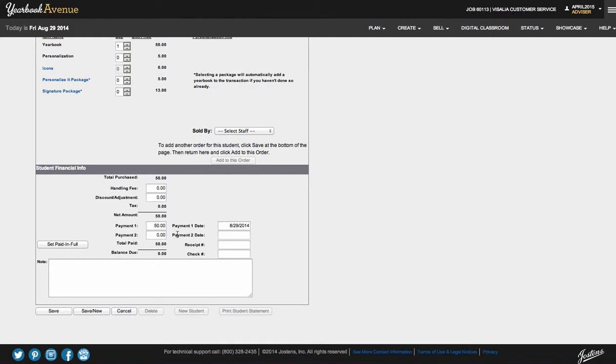A couple of other optional fields that some schools use is the receipt number or a check number, and you also have a free text area to put in any specific notes if you would want to. When you click Set Paid in Full, it's automatically going to list the payment date as the current date, but if you needed to backdate that to match to when the check came in, you can do that here as well. So again, as much or as little detail as you want to put, all we ask you to do